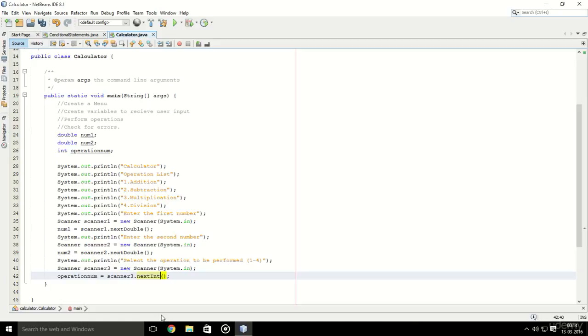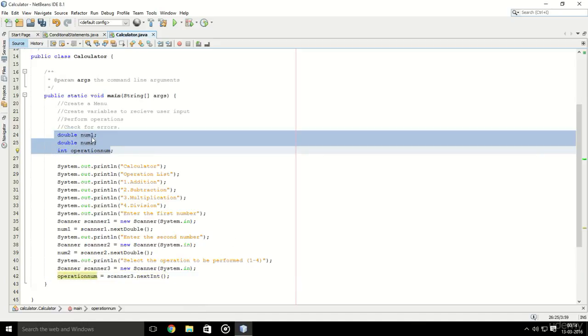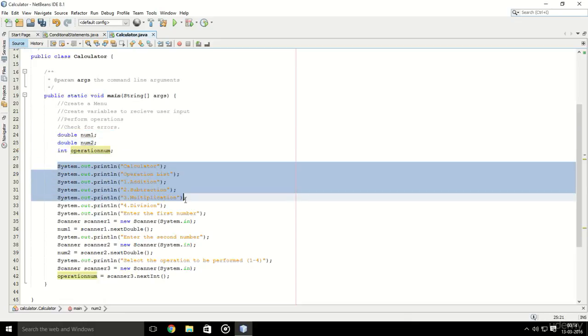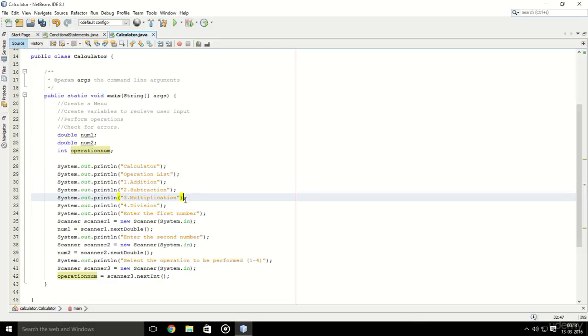Perfect. Now that is also done. So let's do a short recap of what we have done. We created 3 variables, num1 and num2. Now these 2 variables are to receive the input from the user. We created a simple menu system that will tell the user different functionalities of the calculator and how to use